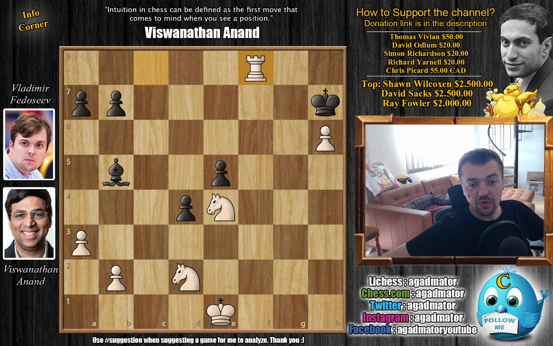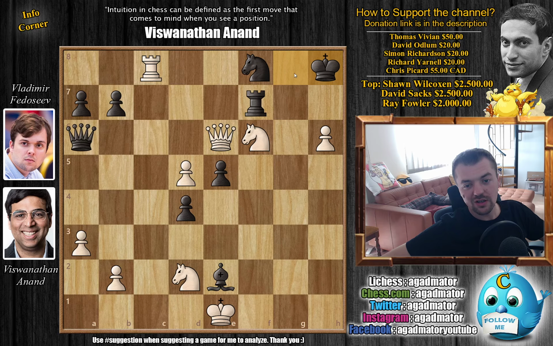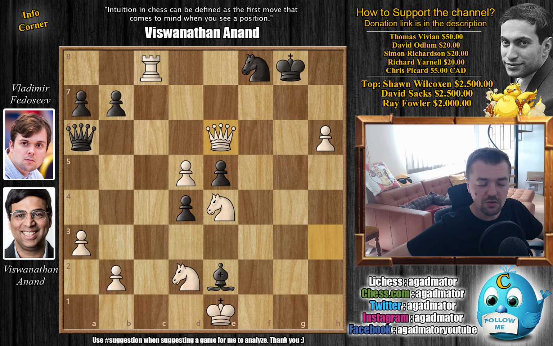And after queen to e6 check, if you don't want to trade queens, you don't really have any other good options. You could block rook to f7, but then just knight to f6 check, king to h8, and now just queen captures on f7, and there is no defense against queen to g7 mate. There's no way to even make the game last longer. So after queen to e6 check, Fedoseev resigned, and excellent victory for Viswanathan Anand, which also brings him, I believe,